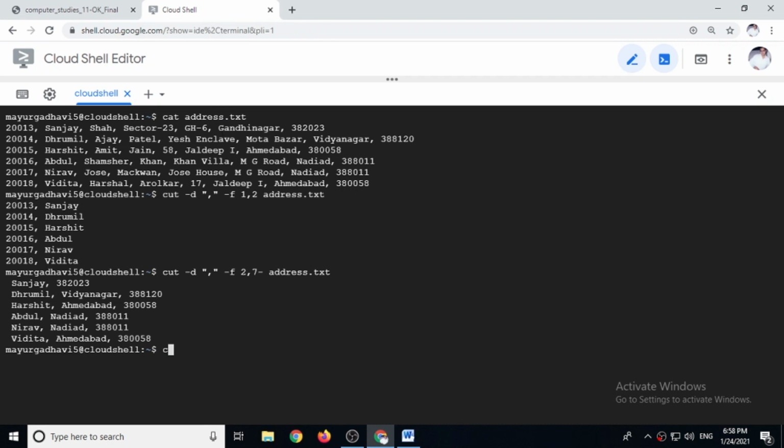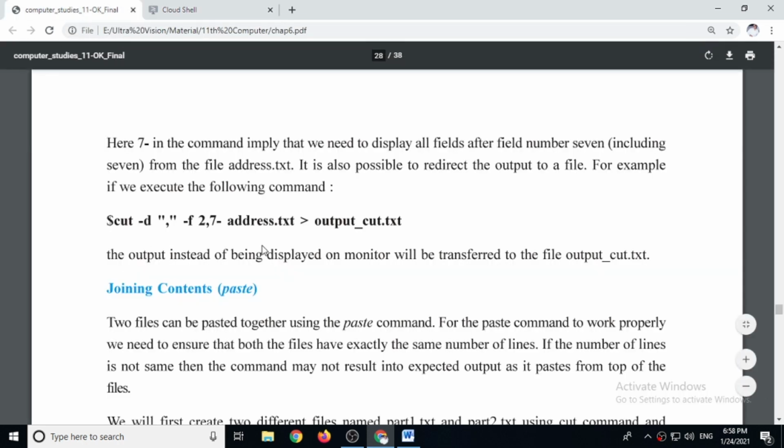Let's write this command: cut -d, -f2,7 address.txt, and then the greater than sign means output redirection operator, and we have to give a file name, that is output